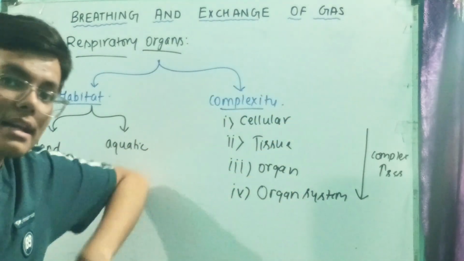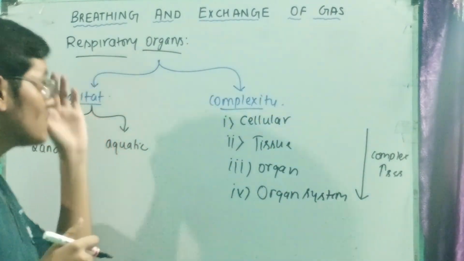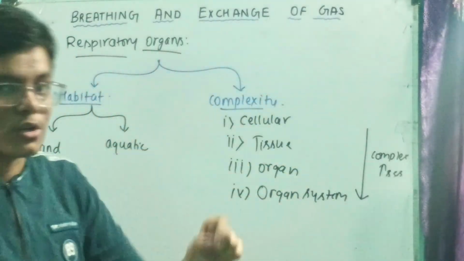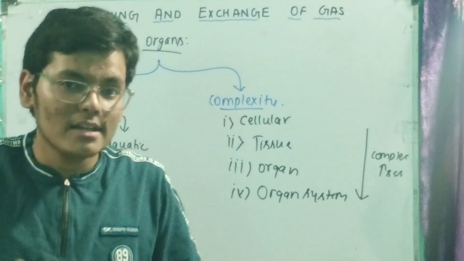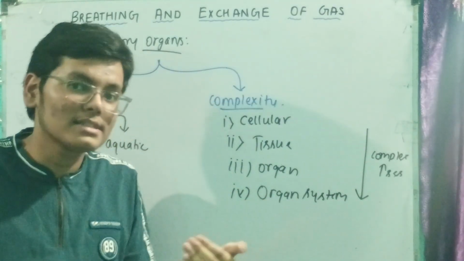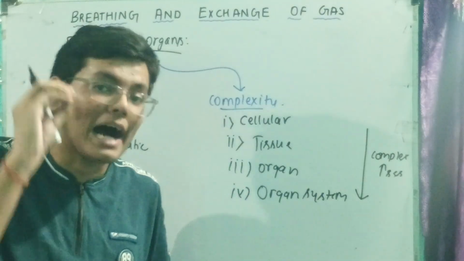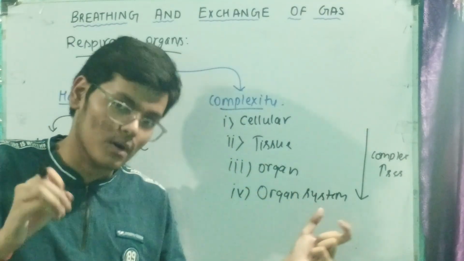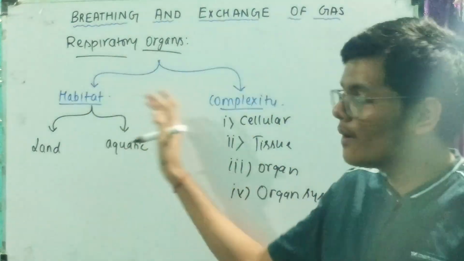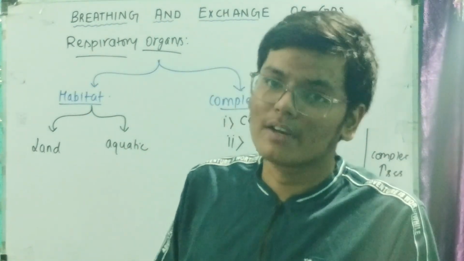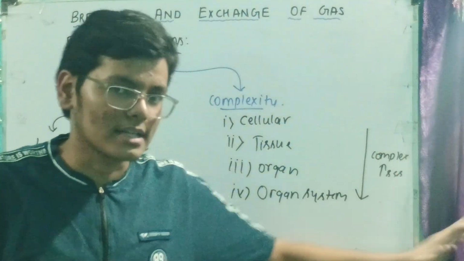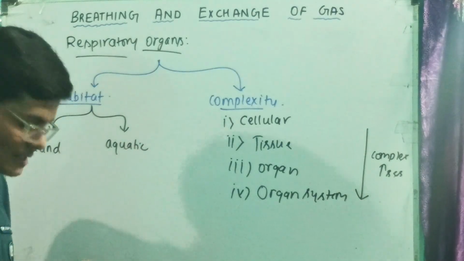So as they are getting more complex, the structures which they use for respiration also get more complex and more developed. The cellular organisms do not require a lot of highly modified structures for their respiration. The organ system level organizations or animals require a higher level of organ required for their respiration. Now we have two reasons why animals can have different types of respiratory organs. For explaining this, we will require some other time, but we can explain this much easily.